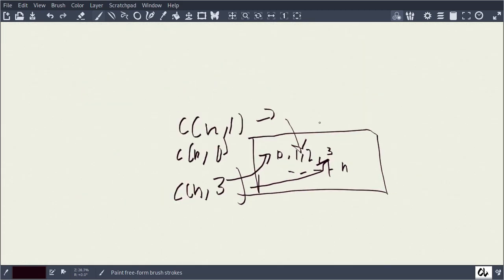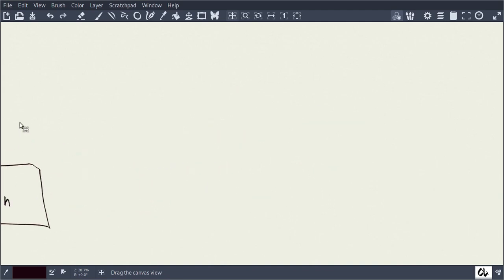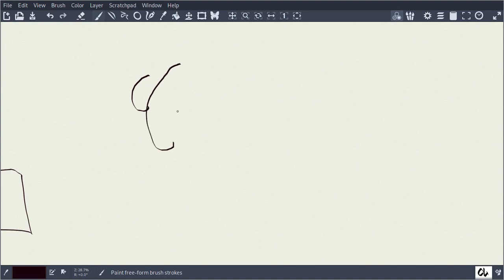Just like that, when we multiply everything up and add everything up,